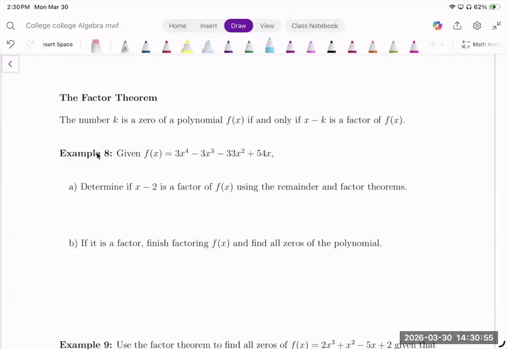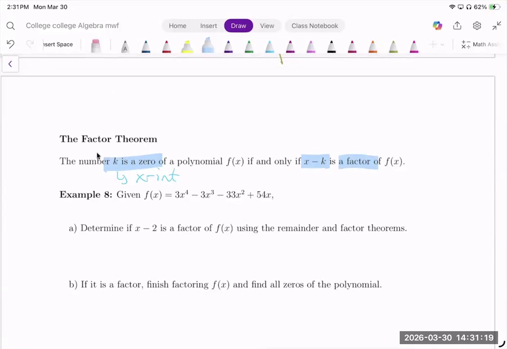So if it's a 0, that means an x-intercept. We know that from last week or something like that. We know that it's an x-intercept if x minus k is a factor. So this is really what we've been saying all along, right? Because from quadratic equations, say 0 equals x minus 2 times x plus 1, we said, okay, then x equals 2 and -1, because we set each factor